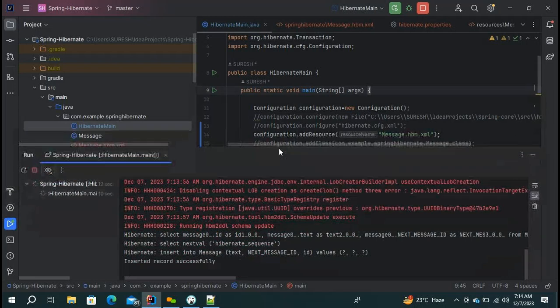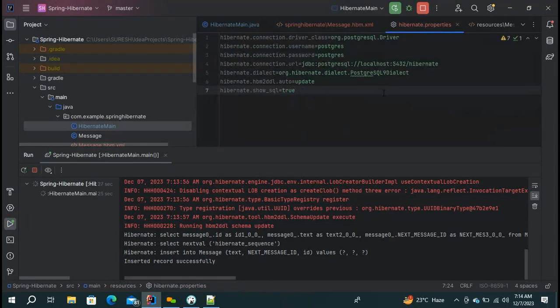Okay, now here you can see after removing the configuration file, the cfg.xml file, what is happening now? It is still trying to connect to the database and it is inserting the record. So how is it working here? Because of this particular hibernate.properties file. So we can work with two cases: either we can work with the property file or we can work with the